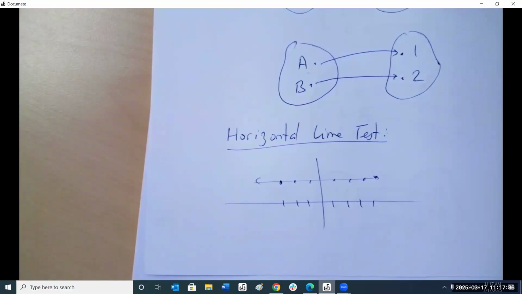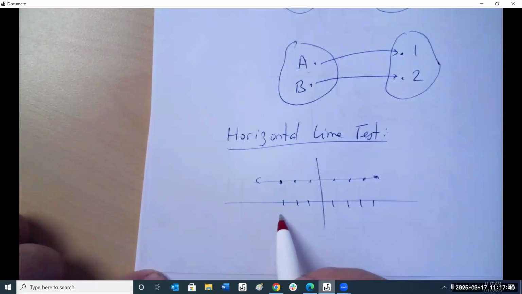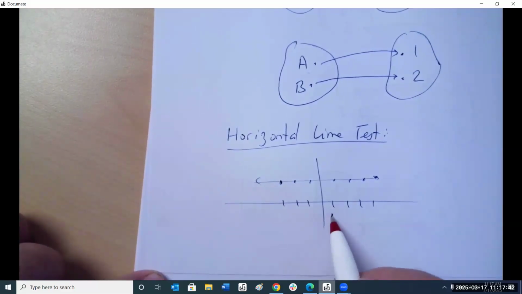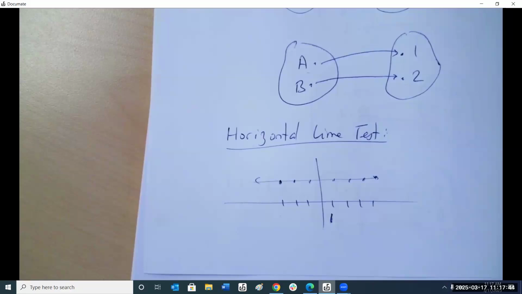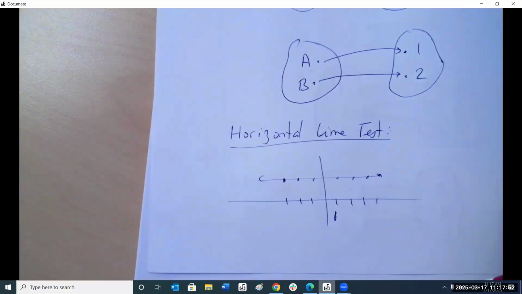No, so it passes it there. In other words, is there more than one Y value? No. And basically that's what you're looking at. If I give you a set of numbers like this,